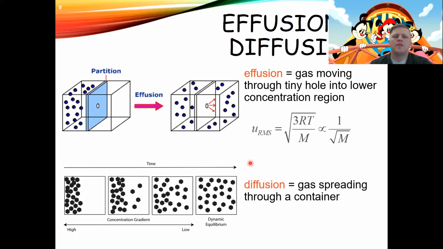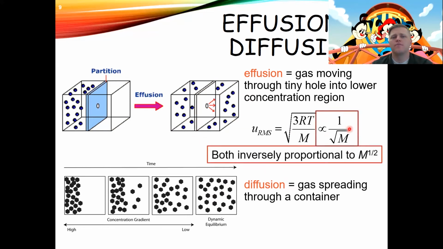Now, in both of these, we're going to be concerned about the RMS velocity of our molecules. And the RMS velocity is going to help determine how quickly a gas will diffuse or how quickly it will effuse through a hole. But these ideas here are actually pretty complex, and they could make up a whole course on their own. So we don't actually learn all the complexities of diffusion and effusion in Chem 105. What we are going to focus on is this fact right here, that both of these are going to depend on the root mean square speed, and that's going to be proportional to 1 over the square root of